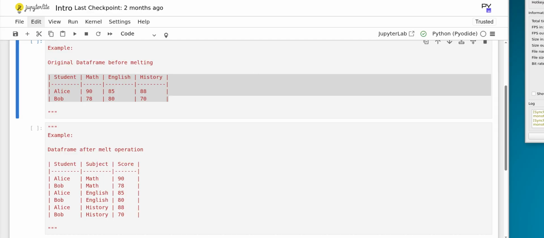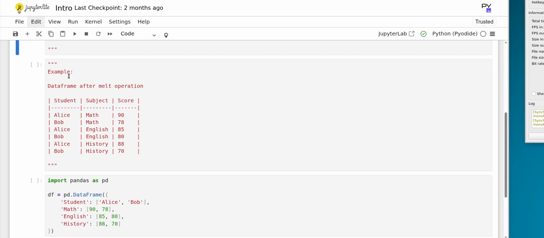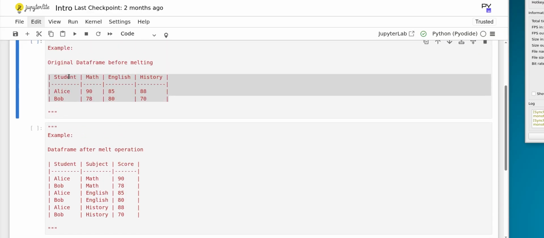What happens after we have applied the melt operation? The original data frame is in a wider format. It has one row for each student and the values of the subjects or the scores of the subjects in that same row. After we have applied the melt method, what happens is that